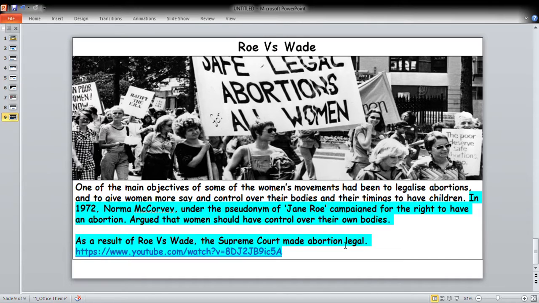So in a way, the American government has shown its traditional roots again through this decision to make abortion illegal again